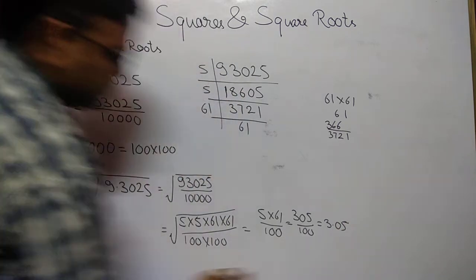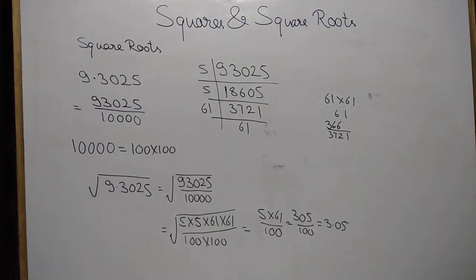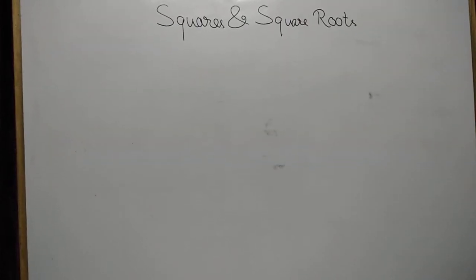There is no space at the end of the board, so I am writing likewise. You have to write step by step downward. Hope this one is clear to you. Move to the next type of question. Now there are two word problems. I am reading